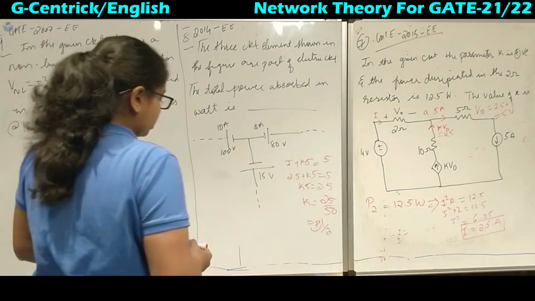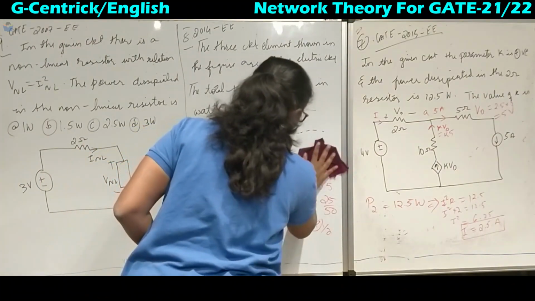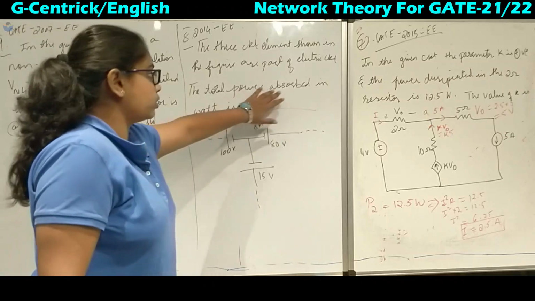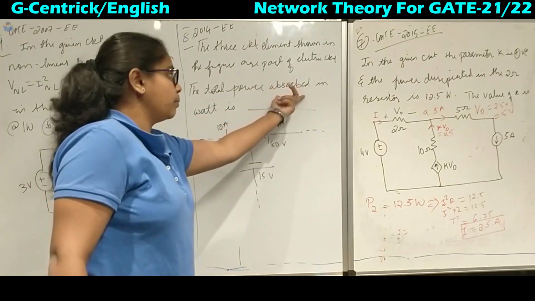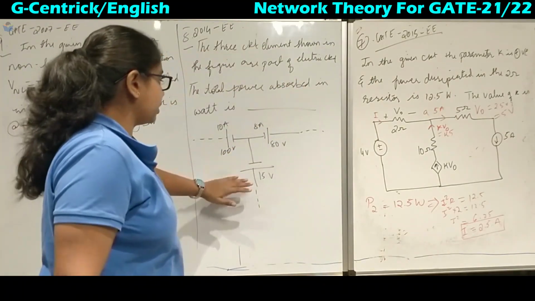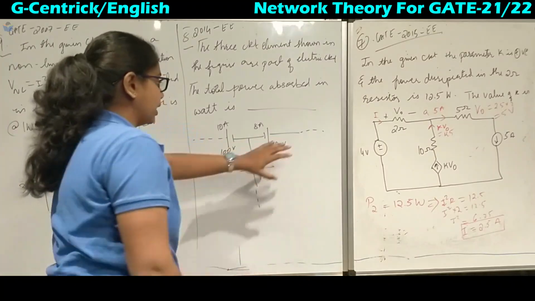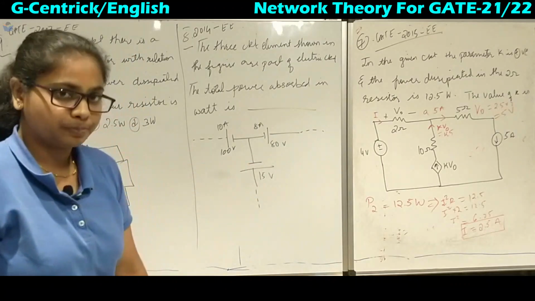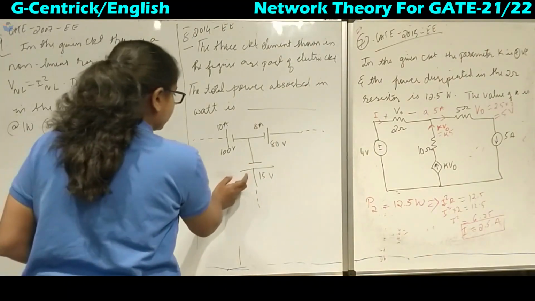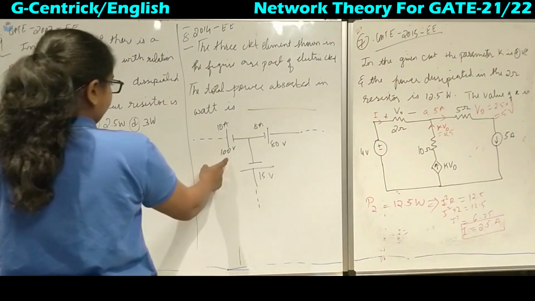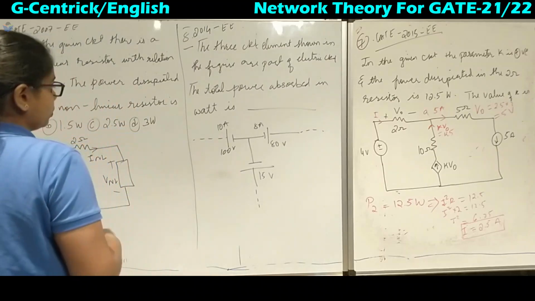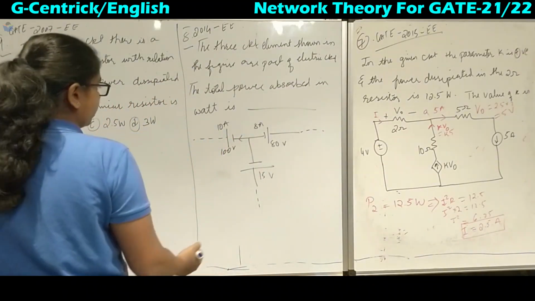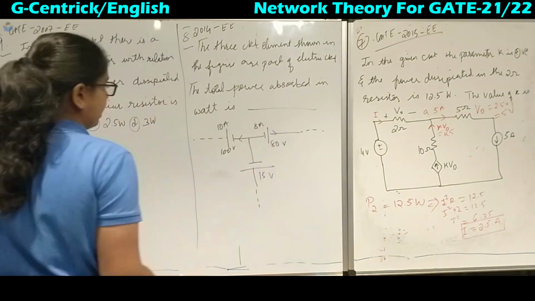Okay, so coming to this question, now they have asked us to find the value of power absorbed in the circuit. So they specifically have mentioned the power absorbed. So there are 3 elements and some other circuit is connected in the dotted lines. So we have to find the total power absorbed in the circuit. Now we have 100 volt and 10 ampere. So they haven't given the direction. We will assume it as this one, okay, and here in this direction.